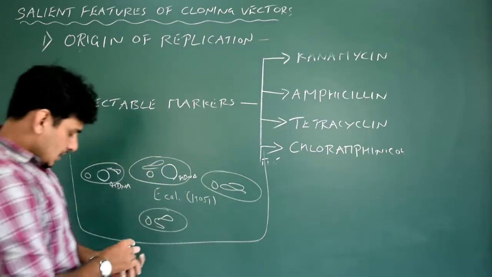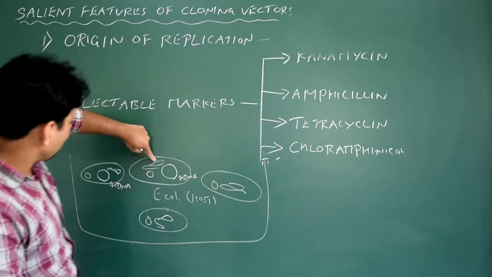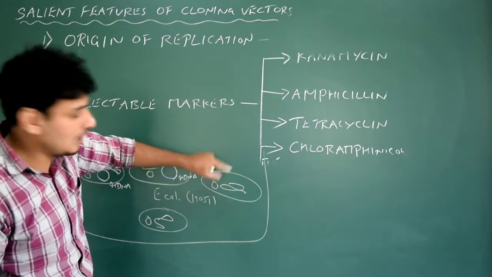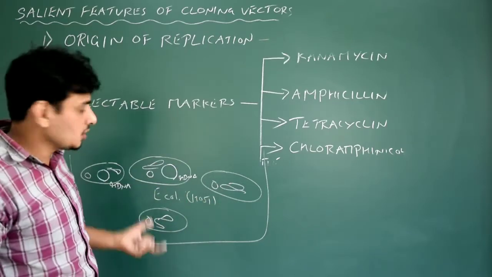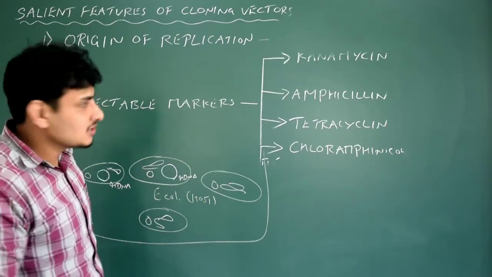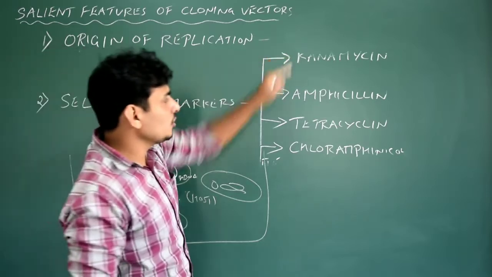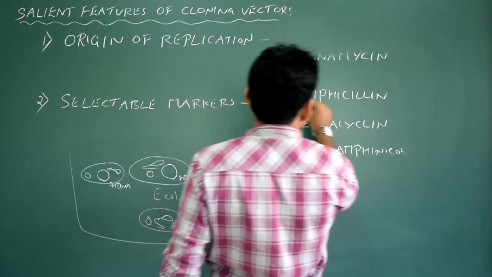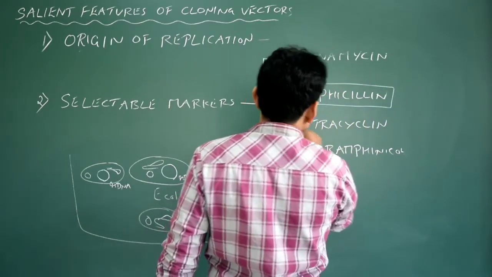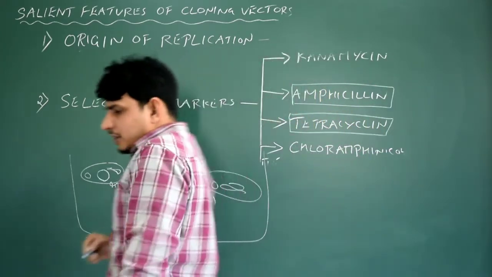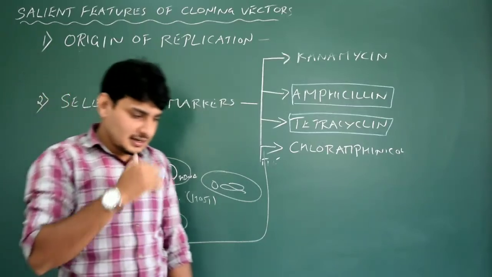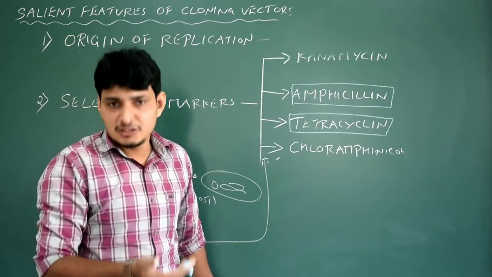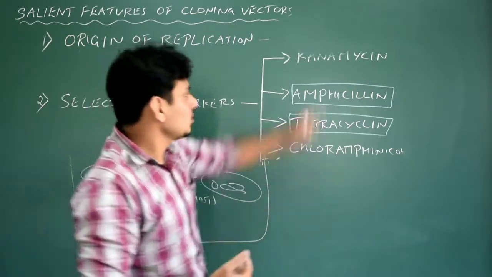Yes? Okay. Now I want to select only these 2 and I have to eliminate these 2 because these are useless now for my experiment. I have to remove them, but they are microscopic, I cannot remove them. So I have to do some selection experiments, that is selectable marker. So what I am going to do is treat this particular E. coli with specific antibiotics, that is ampicillin and tetracycline. If you remember my previous class, I mentioned that the majority of bacteria contain plasmids, and the plasmids exhibit certain genes, and these genes are resistant to these.